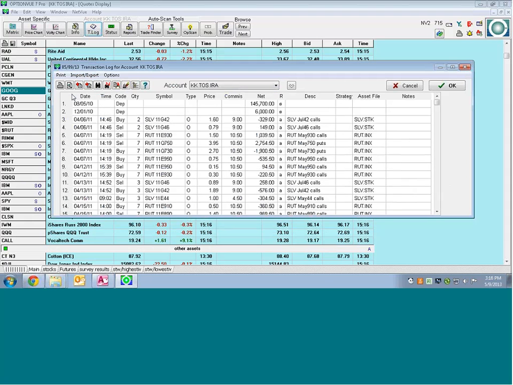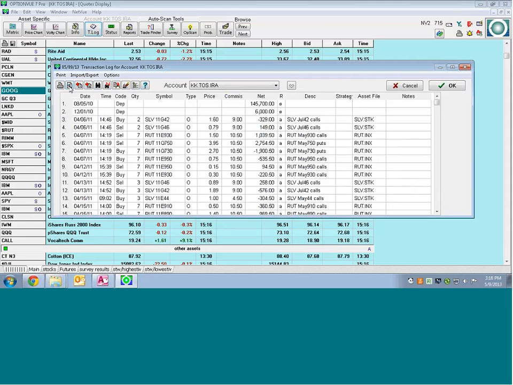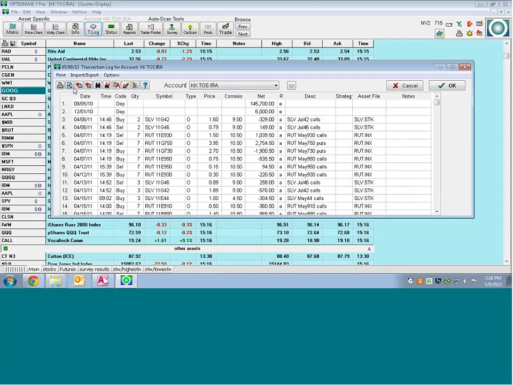While I'm in the transaction log, I might as well talk about some of the other features you can do in the TLog area. These are very important buttons. Of course, you can print anything from this. I don't know if I want to do that right now, but the period from and through can be printed right here. Cancel. Okay, I can also choose a date range to print. I guess that's kind of more of the same. Magnifying glass, kind of a closer look. These two are the ones I wanted to concentrate on,